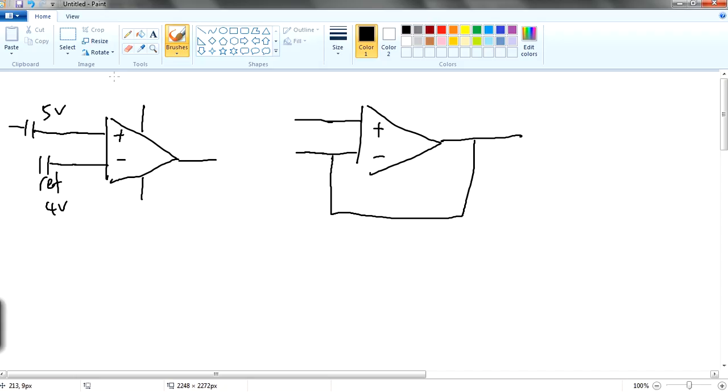So in the op-amp, this is actually a comparator also. So you can take 5 volt minus 4 volt, you get 1 volt. Then multiply by gain, you get some values. But nonetheless, this is not a good amplifier because there is no feedback system. For an op-amp, you would want this portion and this portion to be the same, right? If this is 5 volt, this must be 5 volt also as a comparator in order to